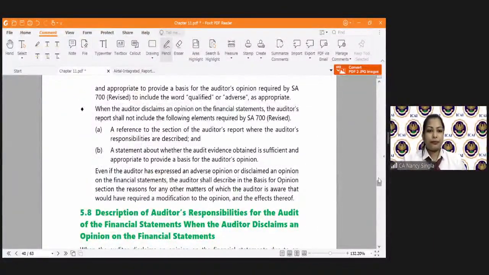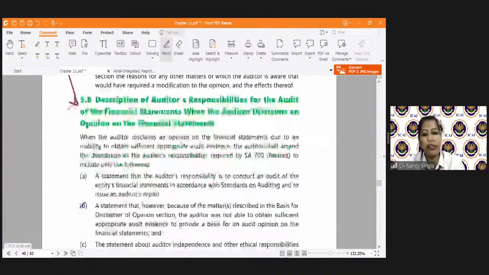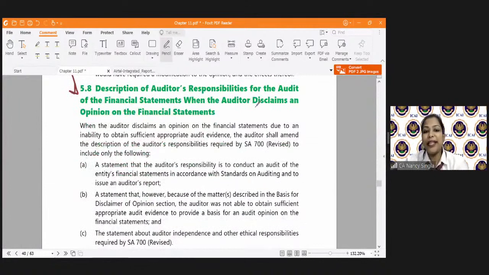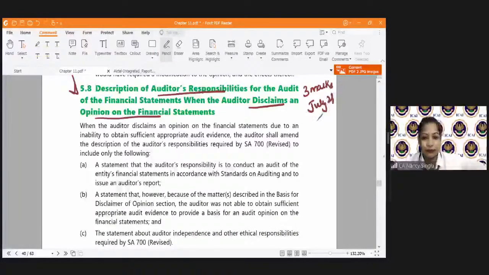Now, this is with respect to disclaimer. Now, let us see all this will be covered here also. So let me just take you through this. Now, when the auditor is disclaiming his opinion, what all changes will be done to the auditor's responsibility? This question came for 3 marks in your July 21 attempt. Right? So it says,